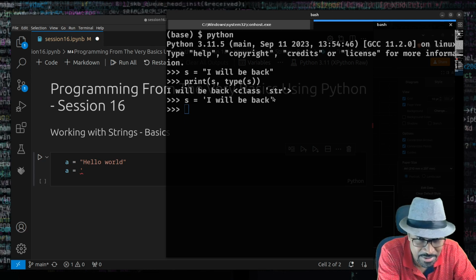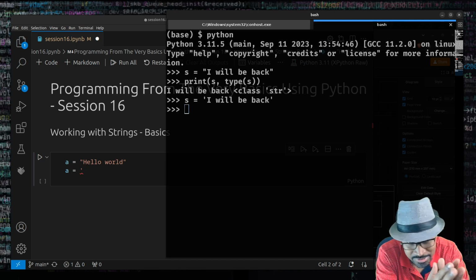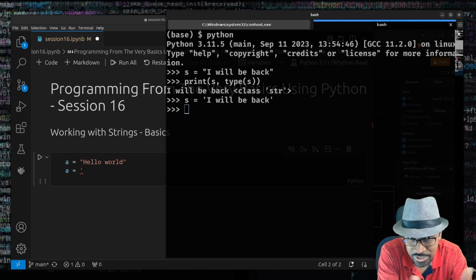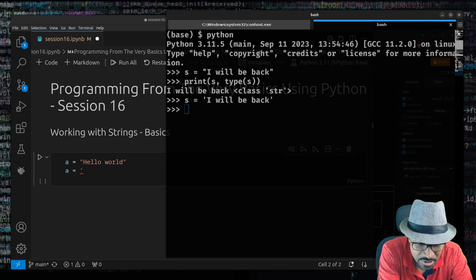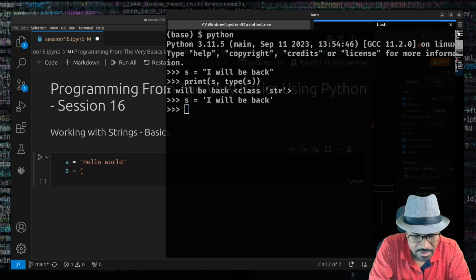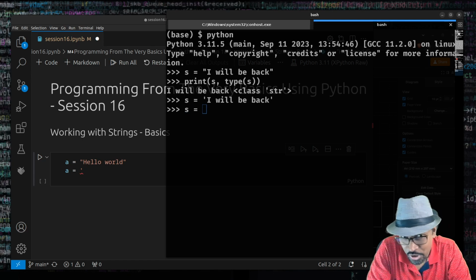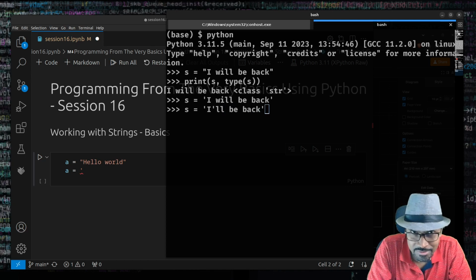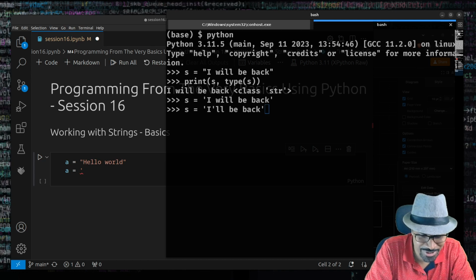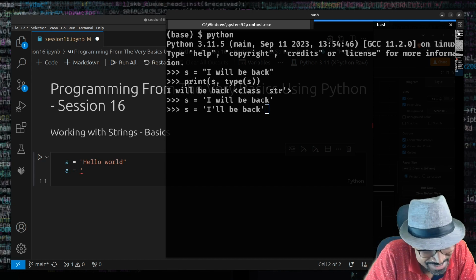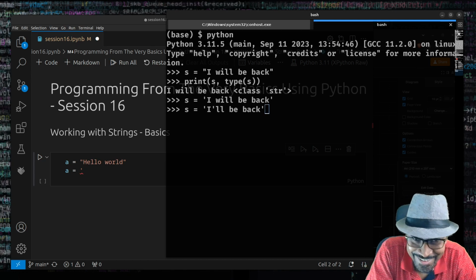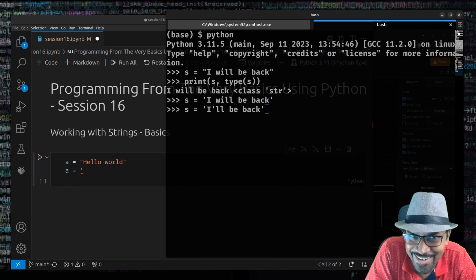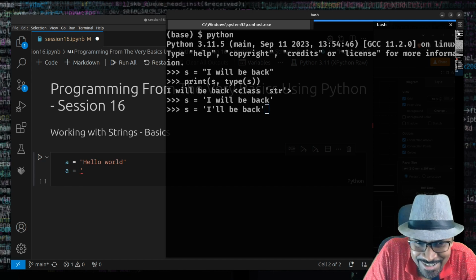That's what really matters. The reason why they have provided these two possible ways to create a string is obviously for convenience, and also another aspect I should tell you. Suppose I have a string that's got quotes already inside it. Let's assume that I'm going to type it like this: I'll be back, which was the actual dialogue in the movie The Terminator by Arnold Schwarzenegger. How do you pronounce his name? I don't know. I couldn't get it right. But anyways, Schwarzenegger. Okay, whatever. Fine. So if I just run this,